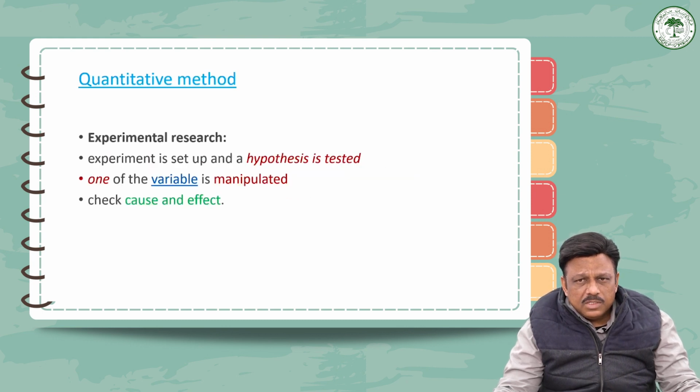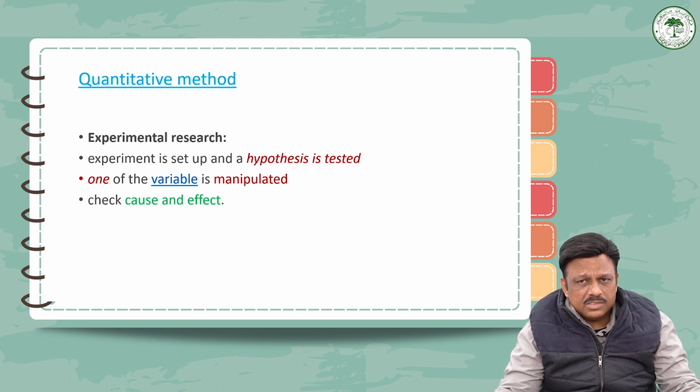Then further on, next is experimental research. Besides survey, there's experimental research. Experimental research sets up a hypothesis, and the hypothesis is tested. It creates a situation in which one of the variables is manipulated. The hypothesis tests between two variables, their correlation is found out, and it verifies certain things about the variable which has been found out during the experiment. This is also used to check cause and effect. It is tested to see what happens to the independent variable if the other one is removed or altered.